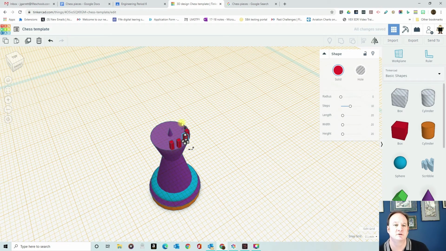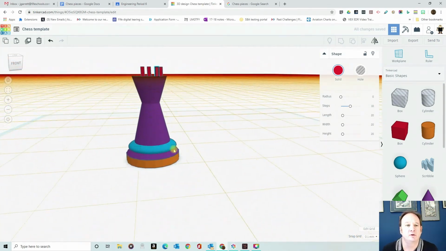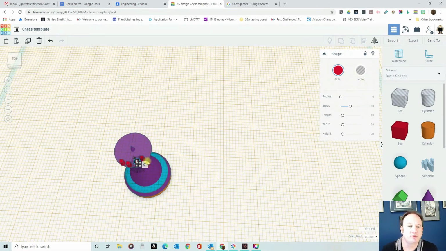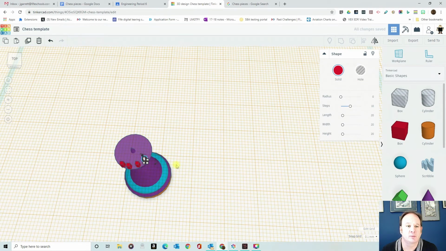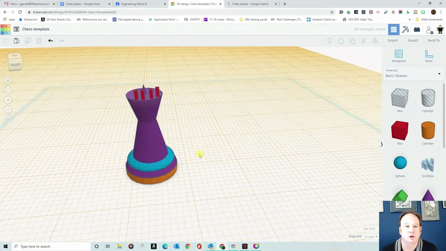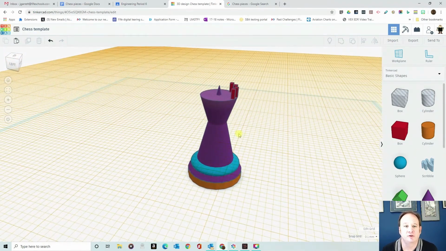You know, and then just continue those around. And then you get your rook. Really, the purpose of this lesson is to challenge you to start thinking about doing your own piece using the image here. Now, you may be saying, okay, I don't want that little center spike there. Well, then just bring in the box,